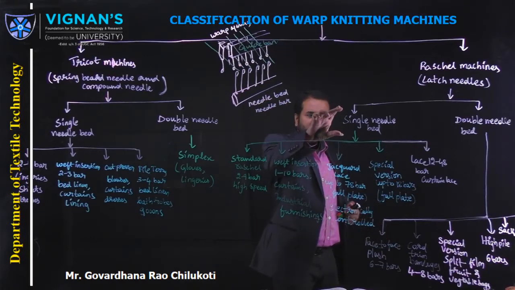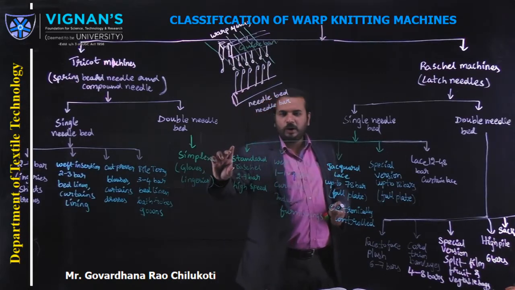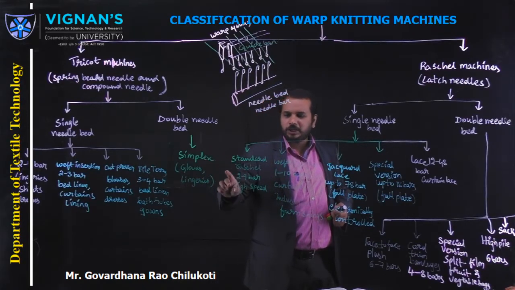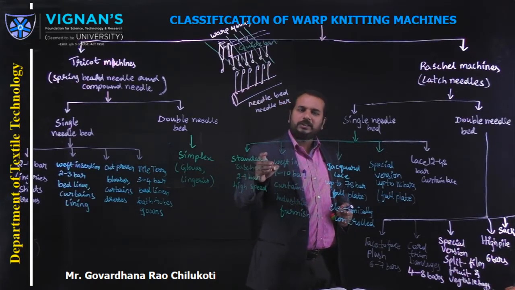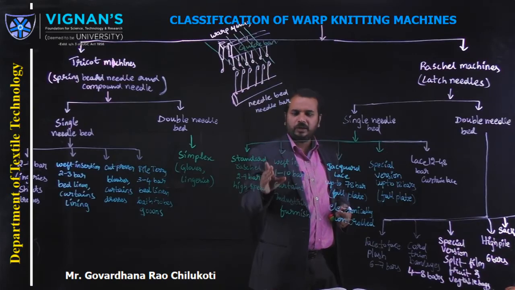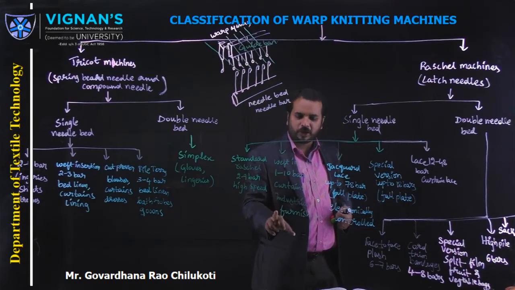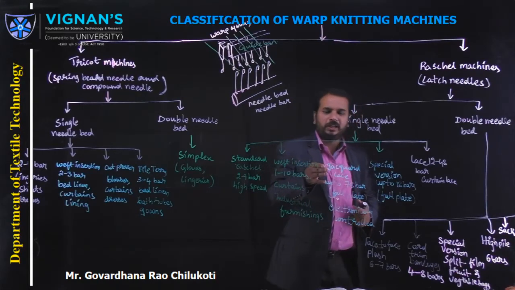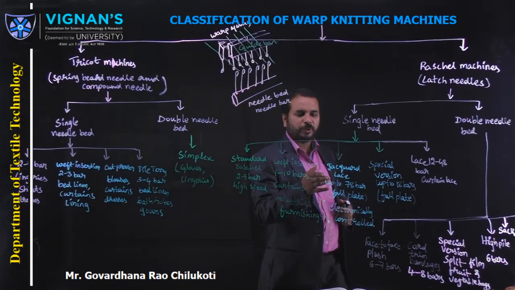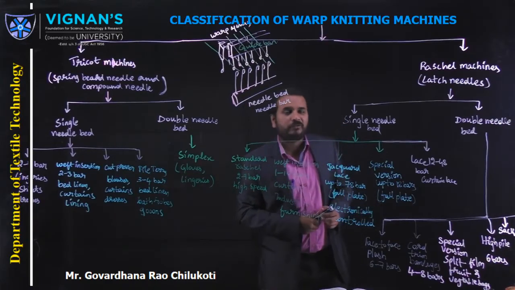Coming to the single needle bed category, the standard raschel knitting machine is there with high speed and with 2 to 9 guide bars, and the second one, weft insertion, uses 1 to 10 guide bars to produce this many fabric structures. And when it comes to the jacquard category, jacquard laces and all can be produced with up to 78 guide bars.